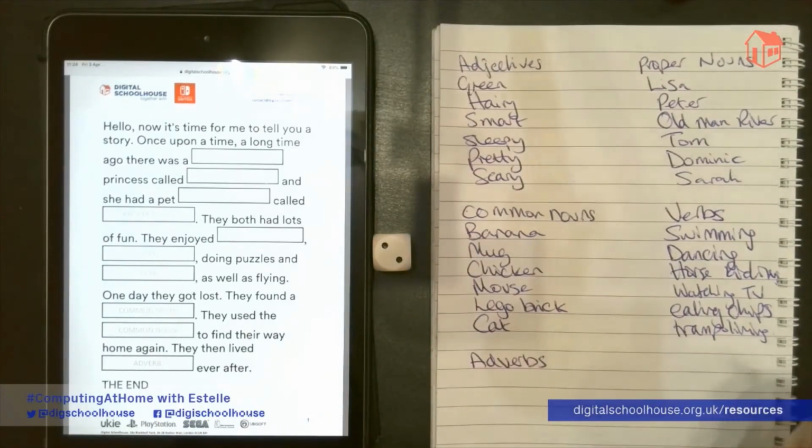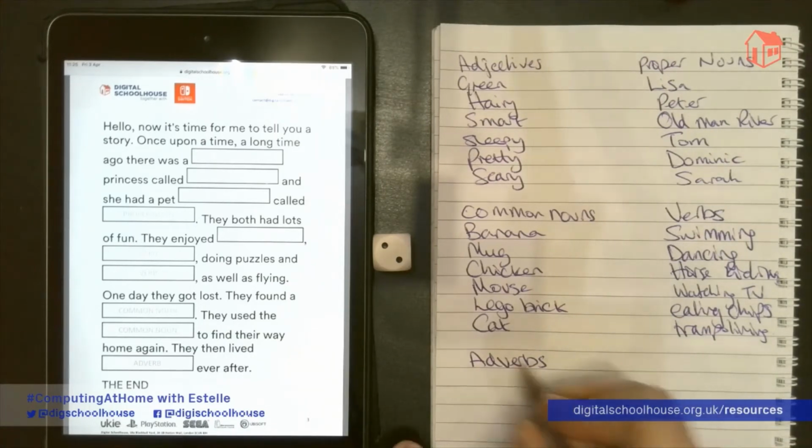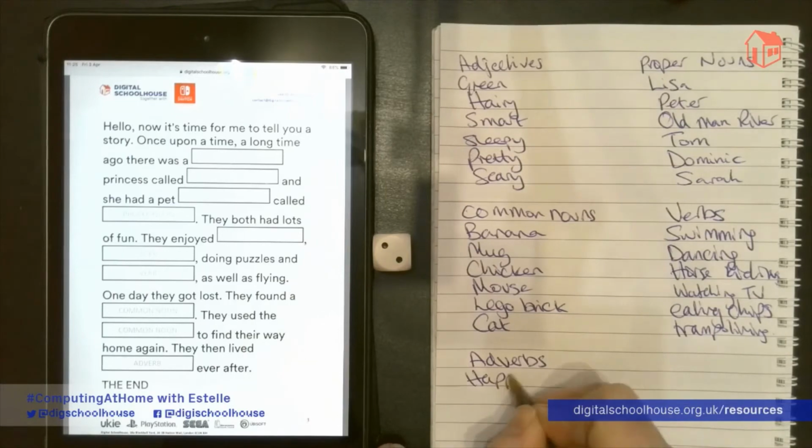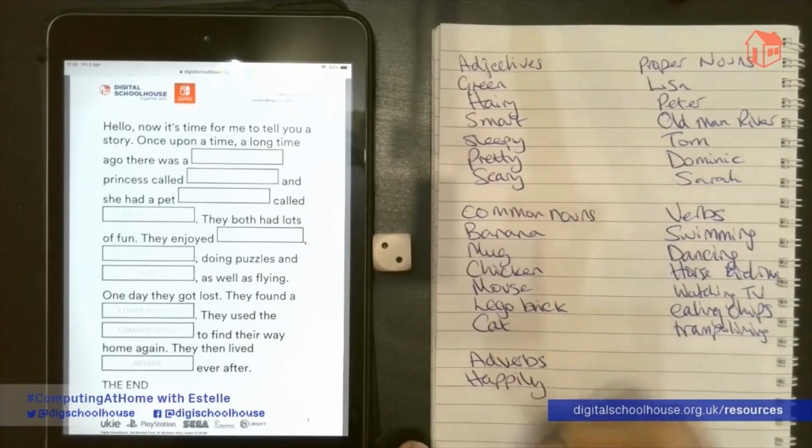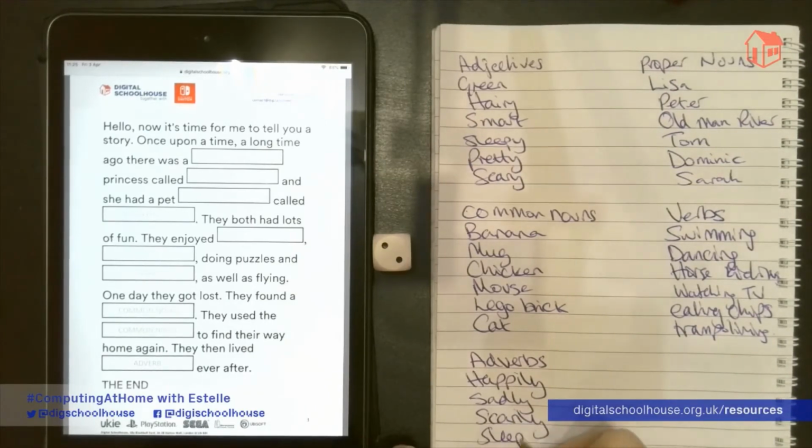Adverbs are used to describe something. So in this case, they are used where we have the "they then lived something ever after." So happily would be a good adverb. So I'm going to use that as my first one. So these are ly words. So happily, sadly, scarily, sleepily,